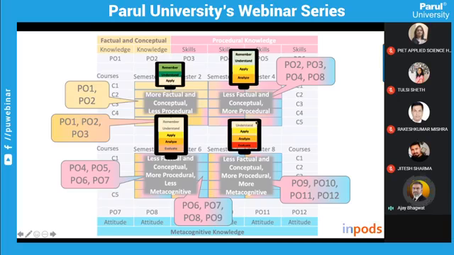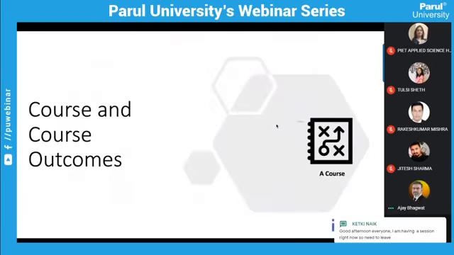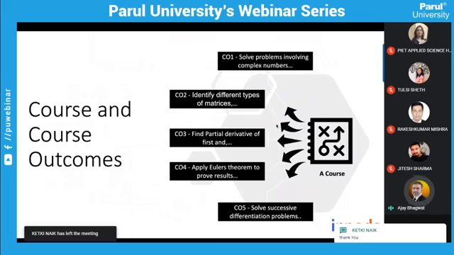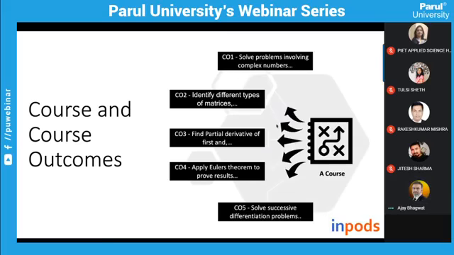And when you pick one course and then find out what program outcomes the course is helping the students to achieve, that can be called the course articulation matrix. So here, if you take an example for the discussion of CO-PO attainment, we will take a course, and this course is represented by this icon. Throughout my presentation, I am using this icon to represent a course, and this course has 5 COs. So I'm going to use this example to drive our discussion further.